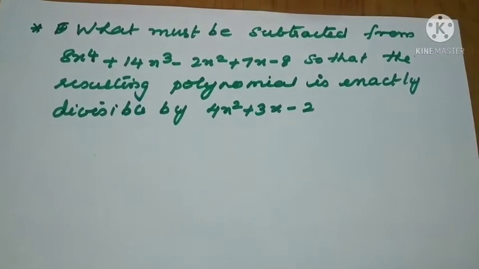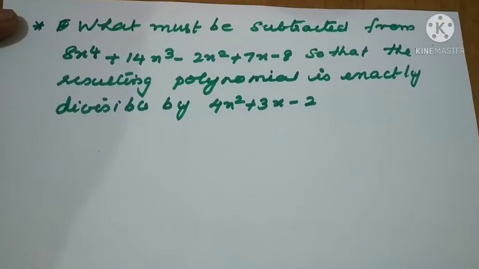What must be subtracted from the polynomial 8x raised to 4 plus 14x cube minus 2x square plus 7x minus 8, so that the resulting polynomial is exactly divisible by 4x square plus 3x minus 2. So what we should find out means what is extra, because it should be subtracted. That means we should find what is the remainder in the case when p of x is divided by the given g of x. So long division method only we should